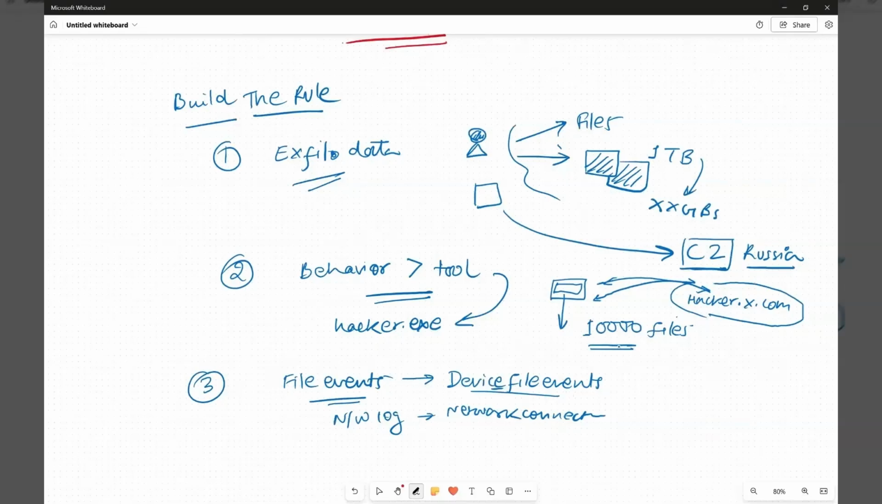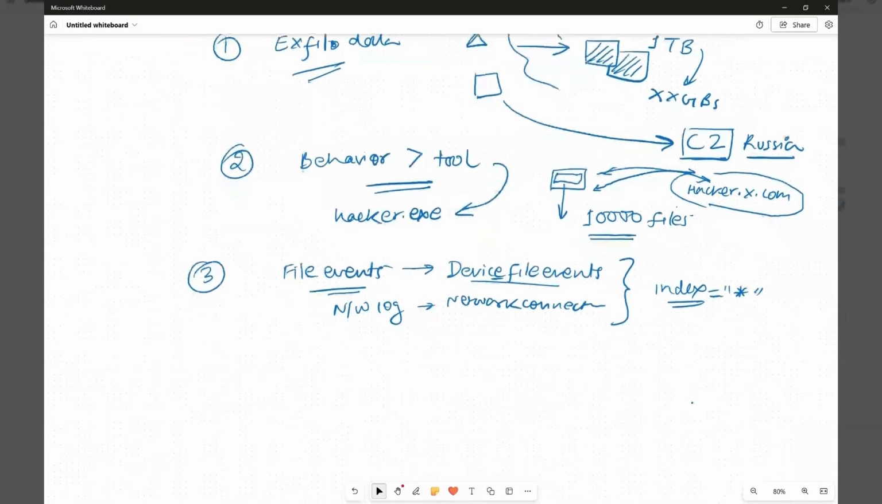So always map behavior to your available log. If you understand where to check the data, then it is easy to map the logs. Then the next step we have